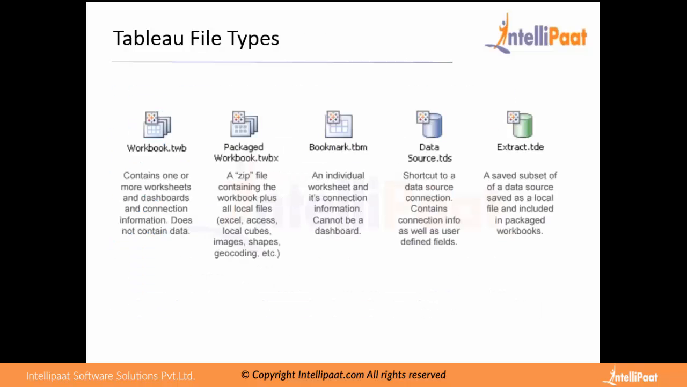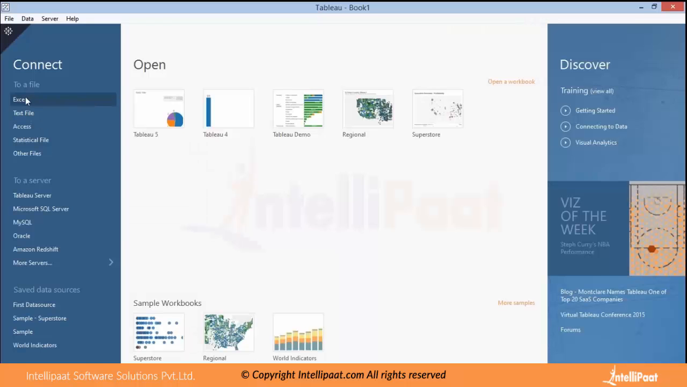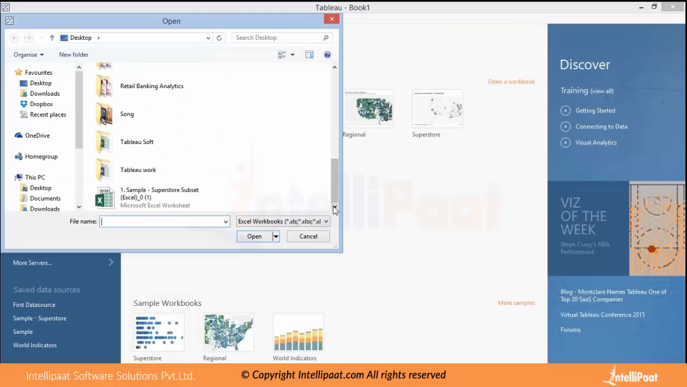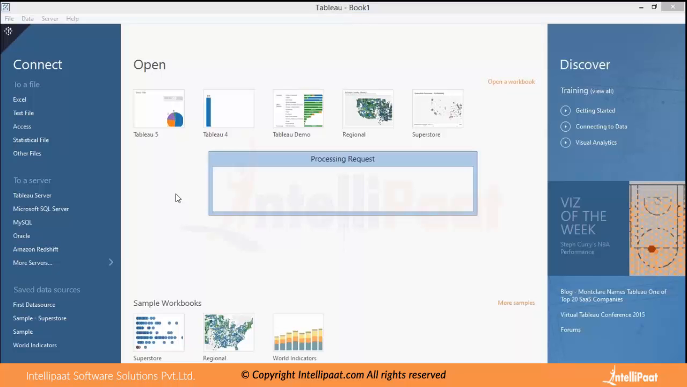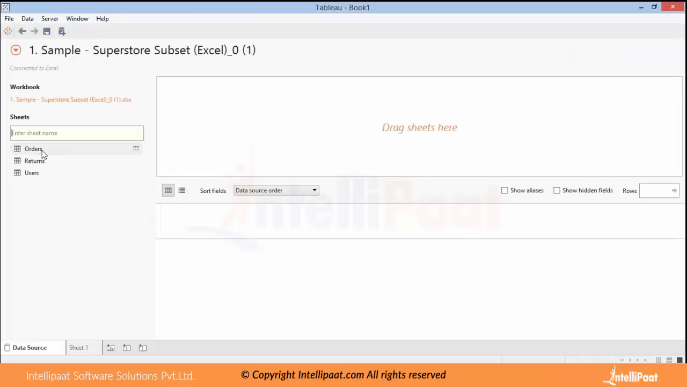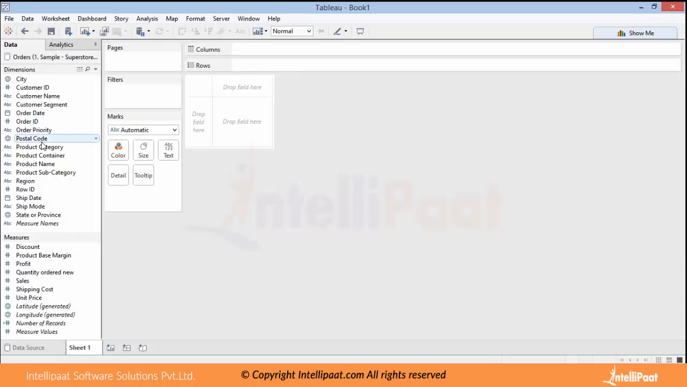So now when we talk about Tableau file systems, we have 5 different file types in Tableau. First is the TWB file. So if I create a dashboard, I'm connecting to an Excel file and creating one dashboard. I'm just connecting to the Excel file, opening this file, and then I'll bring this Orders tab into Tableau's environment, and then I'll create this